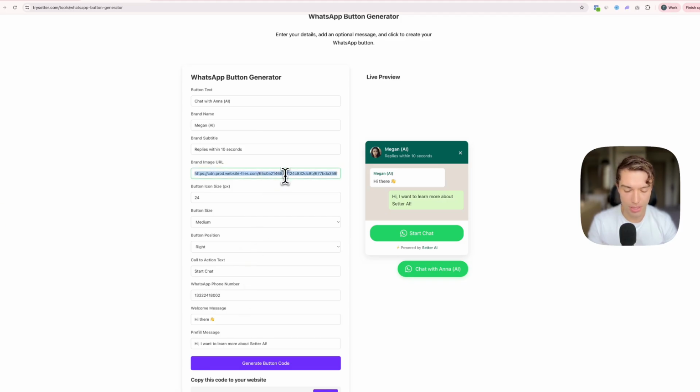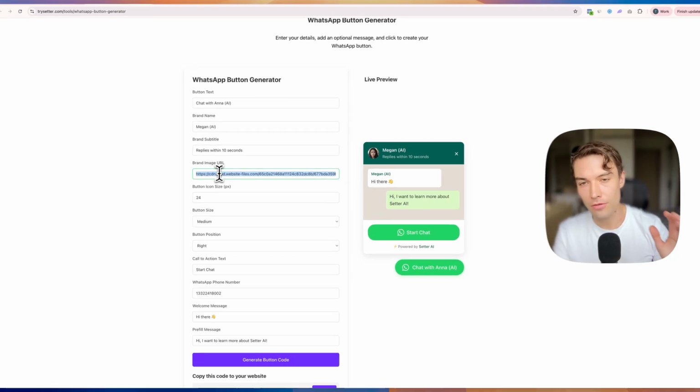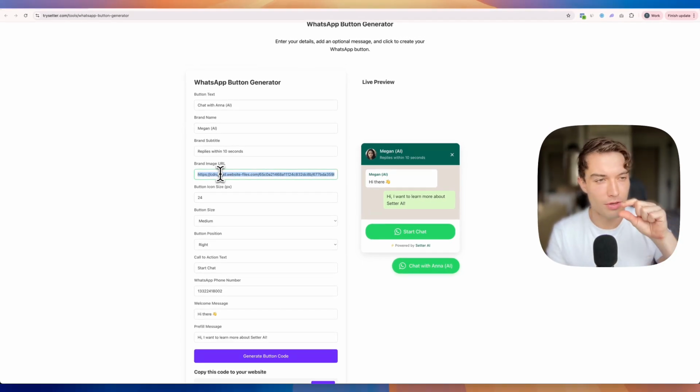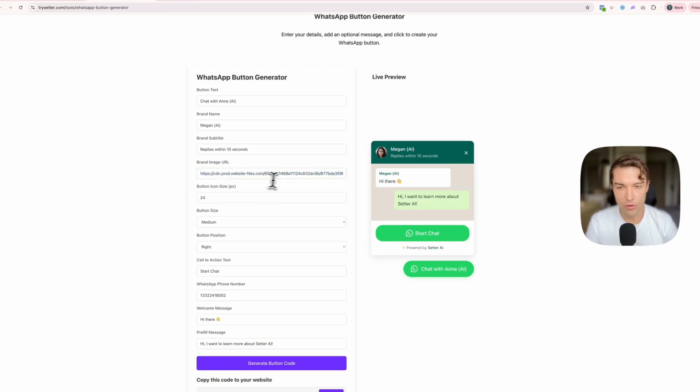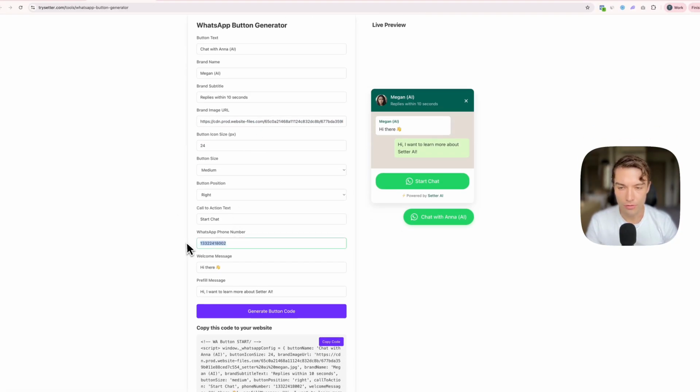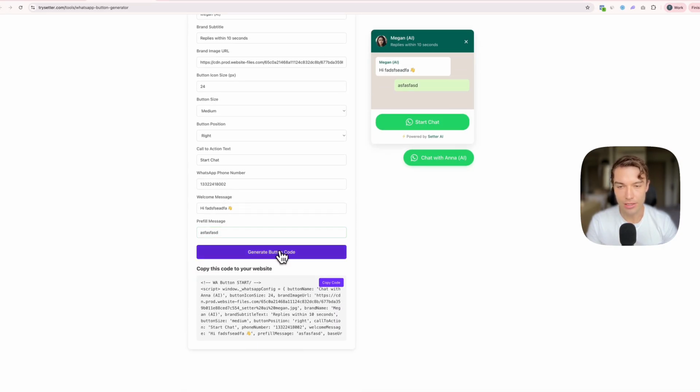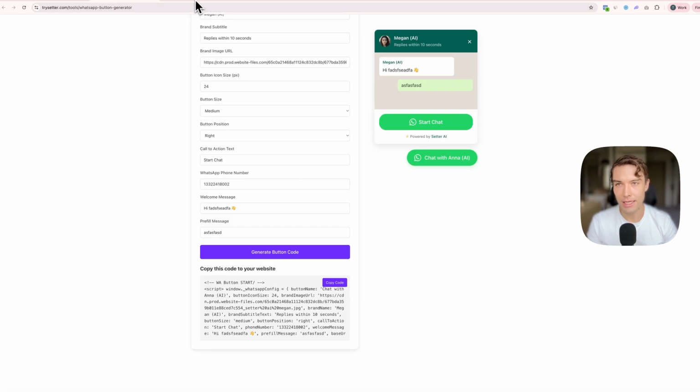You can also customize the image. That image needs to be one that is already live on your website, for example, and you have a URL for that image. So just put that in, for example, from your Webflow, WordPress, or whatever website. Just put that image URL in here, put in your phone number, and you can also customize your first message and the pre-fill message, and then just click on generate button code, and just copy that code